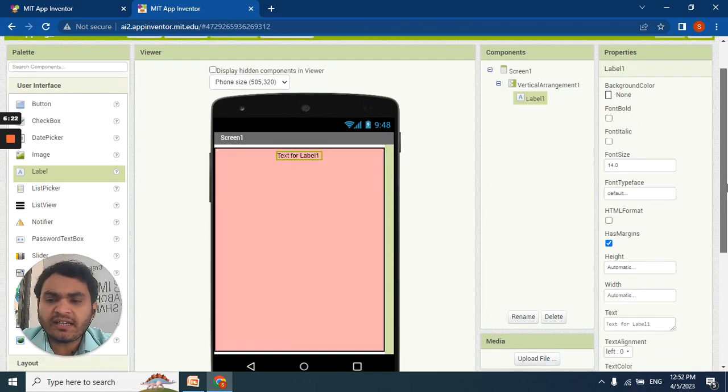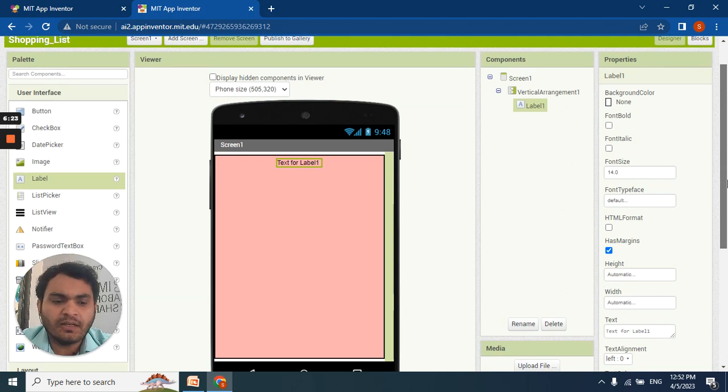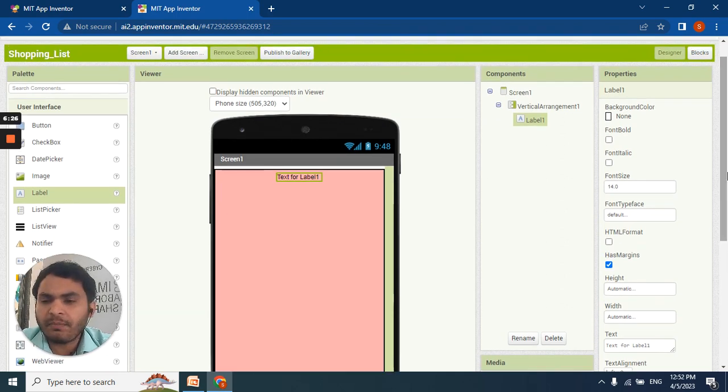Now we need to change the properties of the label one by one. First, let me enable the font bold. Let me change the font size from 14 to 20.